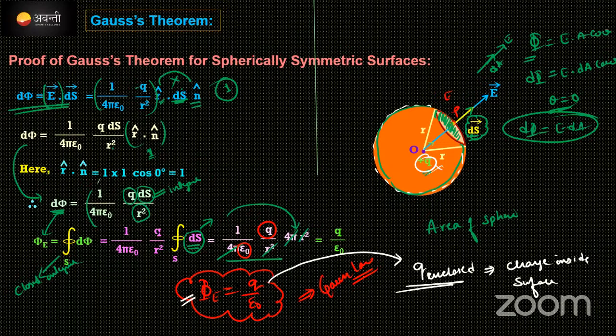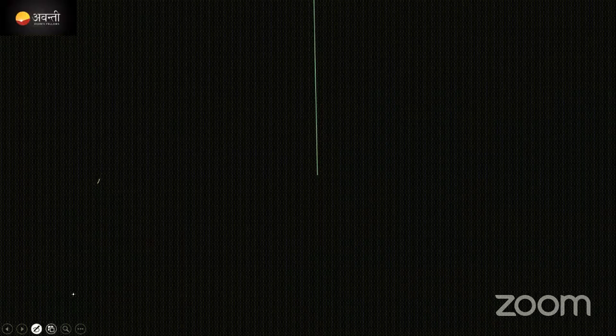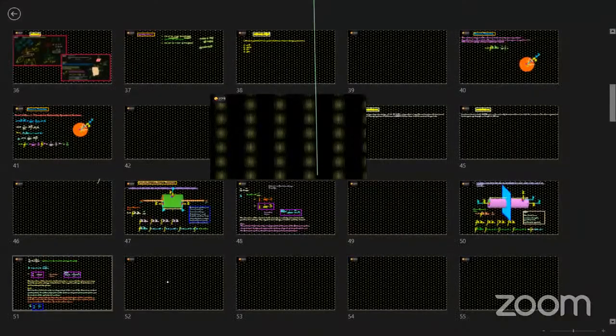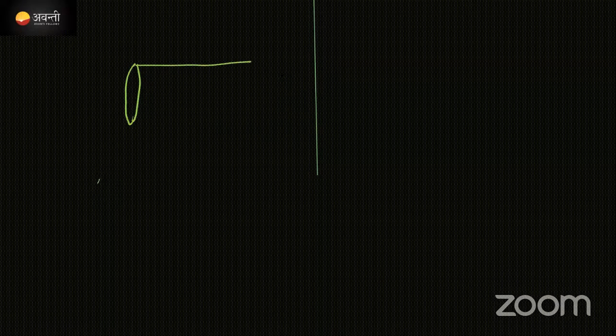मान के जा रहा हूँ next concept के लिए. Okay. Next concept क्या है? Before coming to this point, I would like to ask one question here. I will take an extra slide. Okay. Look at here, guys. We need to find out the flux value. Flux value find out करने के लिए इधर मेरे पास एक cylinder है. This is a cylinder.